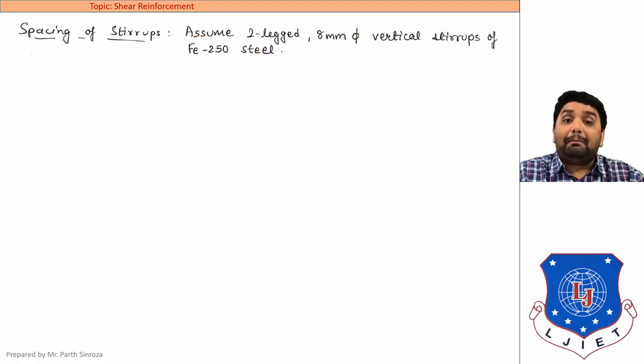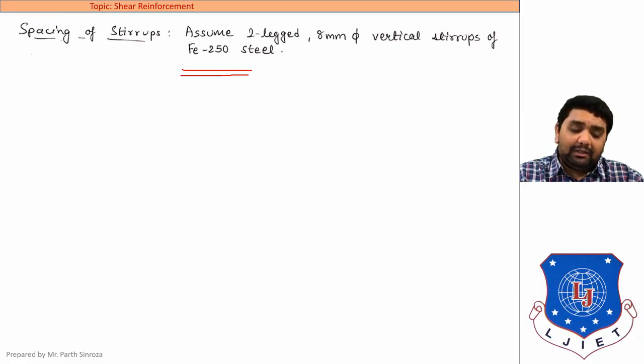Now keep in mind, our main steel, that is our longitudinal steel, generally comprises Fe415 bars. Here also in the question the main steel is mentioned as 4 numbers of 22 mm diameter, given as Fe415 bars or HYSD bars. But the stirrups or the shear reinforcement that we provide will always be of mild steel. In practice also, on site, stirrups are always provided of mild steel. So in each and every sum of ours, whenever we design shear reinforcement, we always will be providing Fe250 steel.